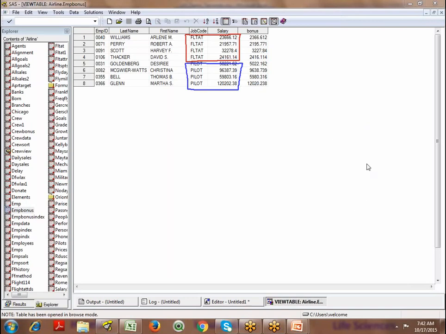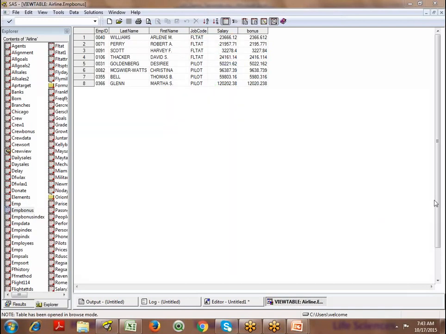So you're going to get the minimum salary in FLTAT is 21,957. The maximum salary in FLTAT is 32,278. Then the minimum salary in a pilot is 50,221 and the maximum is 1,20,202. So this is summarized reporting.